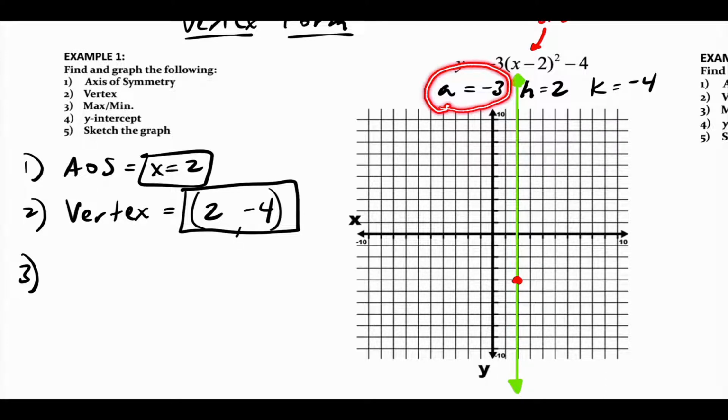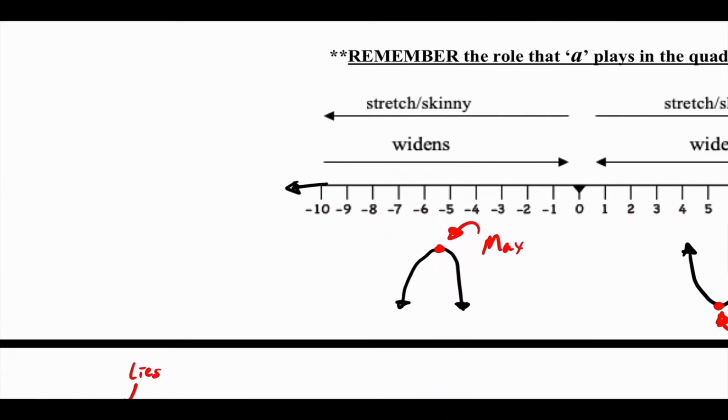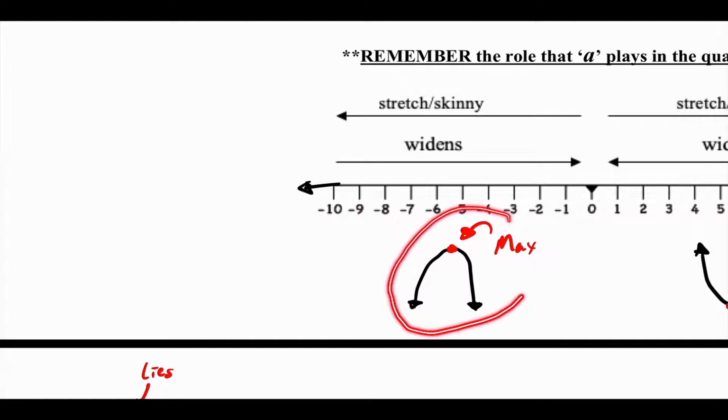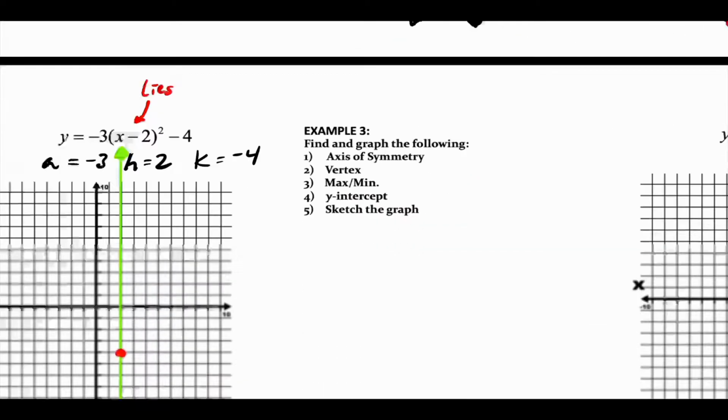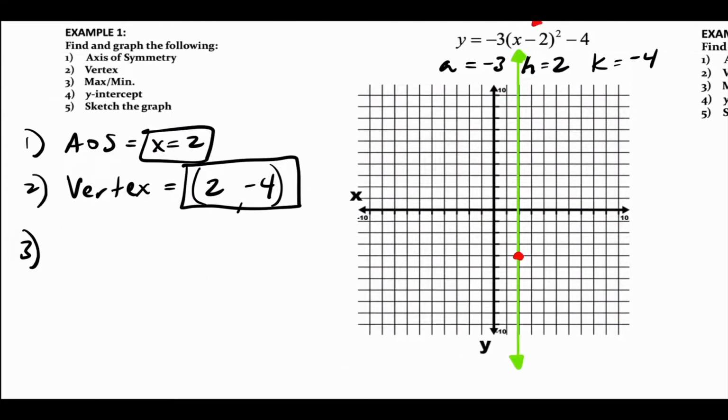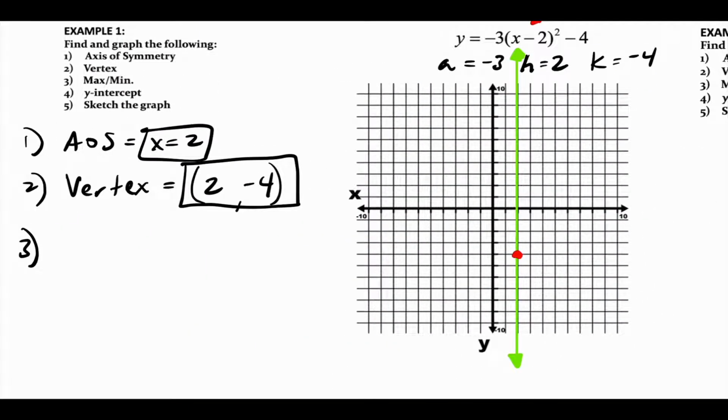So A is negative, right? So if A is negative, it's going to look like this. So that means this one will have a maximum. It's going to be arrows facing down. So that's how I know if it's going to be a minimum or maximum. So this guy right here is going to be a max at